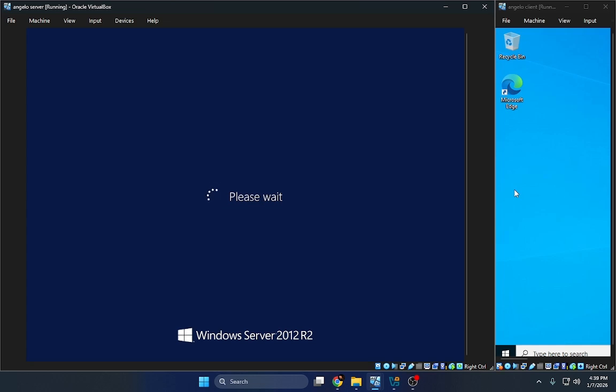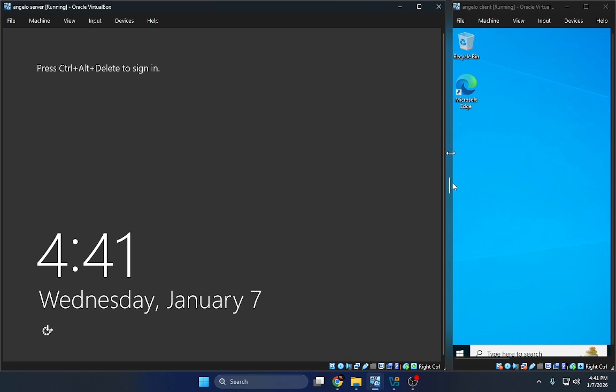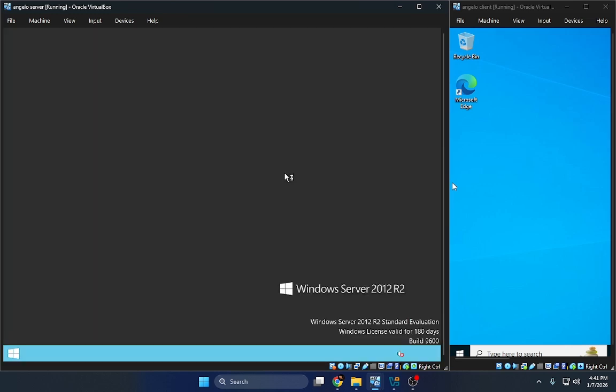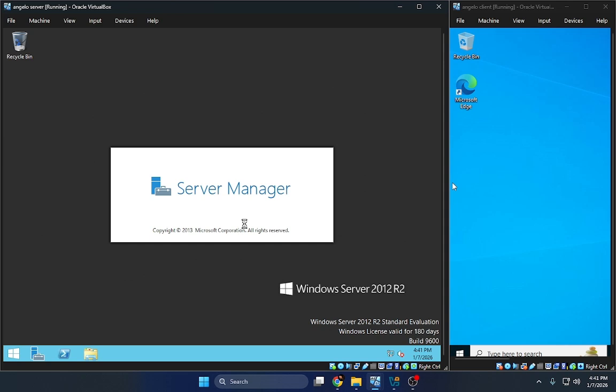And now let's keep waiting for the restart of Windows Server 2012 R2. So after the restart, I go to the login, then the ICTC administrator, let's put in our password, then click continue, then the server is good, and I go to the server manager.